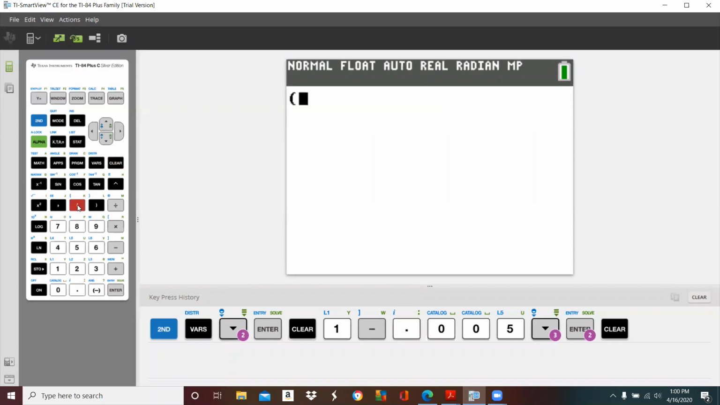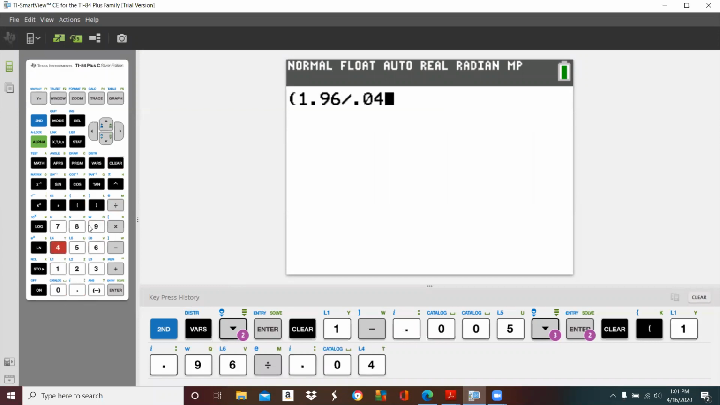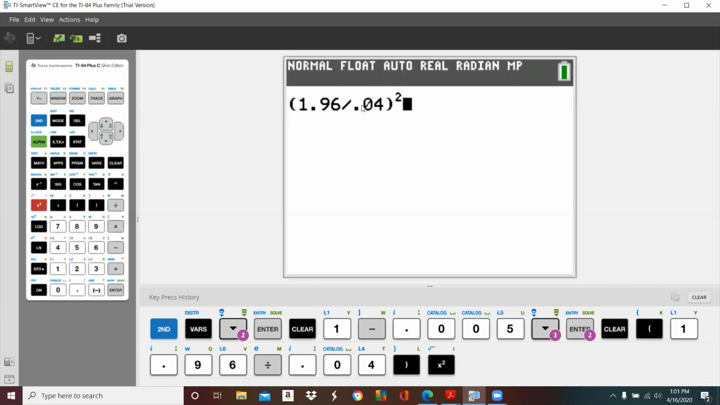So what you're going to do is open up a set of parentheses, and you're going to type in 1.96 divided by 0.04. Now you're going to close the parentheses, and we need to square this. The easiest way of squaring this, once you close the parentheses, is to go over to your x squared button and hit x squared. Notice what happens. It automatically squares the parentheses. What's inside the parentheses is all being squared, which is what you want. And the cursor comes down ready for the next operation, which in this case is going to be